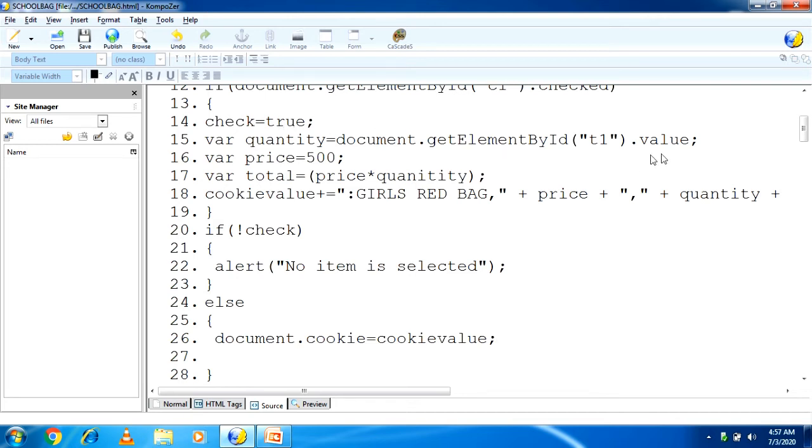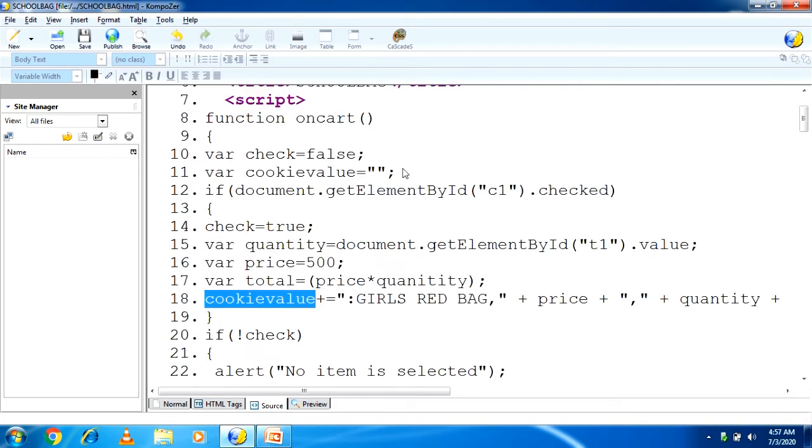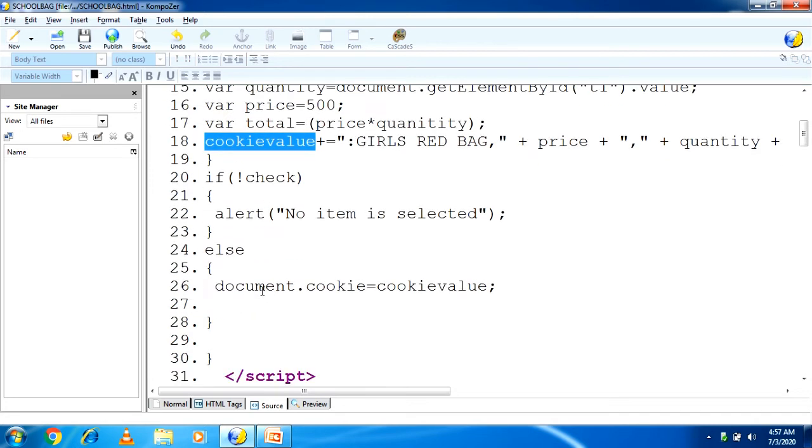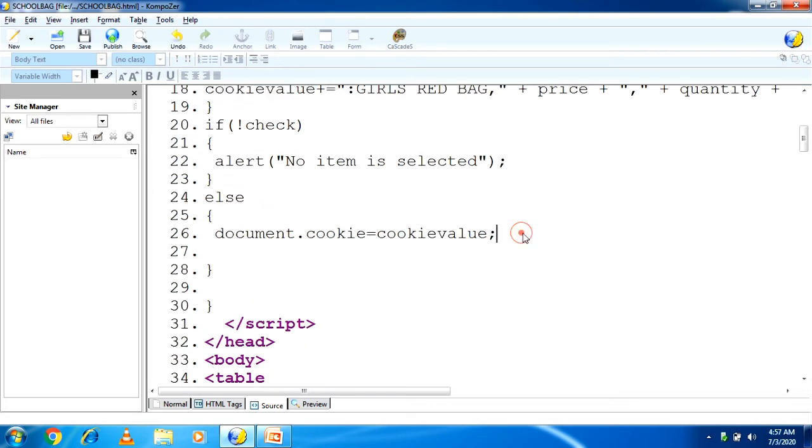He enters the quantity in the text box and after that it will calculate and the total will come in the total variable and everything is stored in the cookie value variable. Previously it was null. After that if the user adds the quantity, the total you will save, the total will become the cookie value. After that, that cookie value we store in cookie.